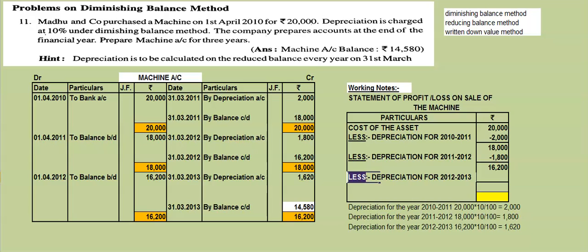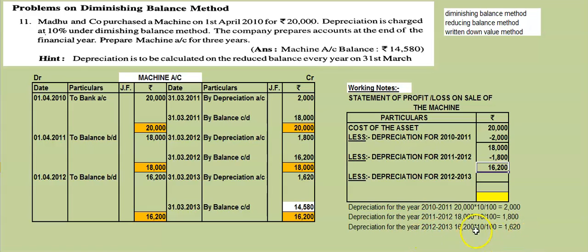Third year also we are finding depreciation. Because it is the diminishing balance method, every year you have to find the depreciation on the reduced value only. What is the reduced value now? 16,200. So this statement is very useful in the diminishing balance method, because always you should find depreciation on the reduced value. See here, 20 minus 2 we got 18. Second year we find depreciation on 18,000. After subtracting second year depreciation, we got the reduced value 16,200. Now we have clarity that depreciation in the third year should be done on only 16,200.